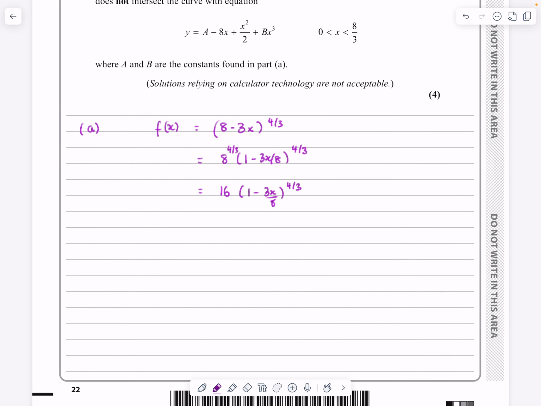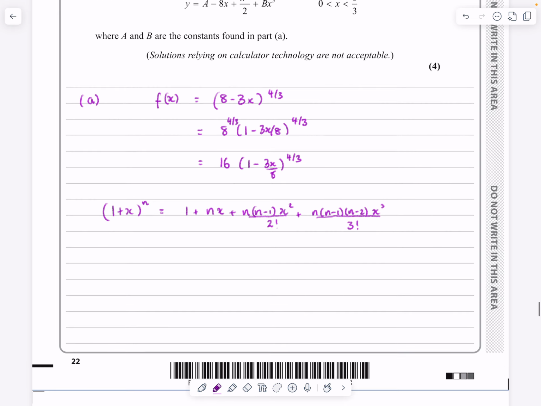So now I'm going to use my binomial expansion for (1 plus x) to the n, which is 1 plus nx plus n(n minus 1)x squared over 2 factorial. That pattern carries on. I think we want it to the next term, so I might as well do it. So n minus 1 again, n minus 2, and this time x cubed, and over 3 factorial. So if we do that with the functions we've got, remember I'm going to need to multiply this by 16 at the end, but to start off it's 1 plus n